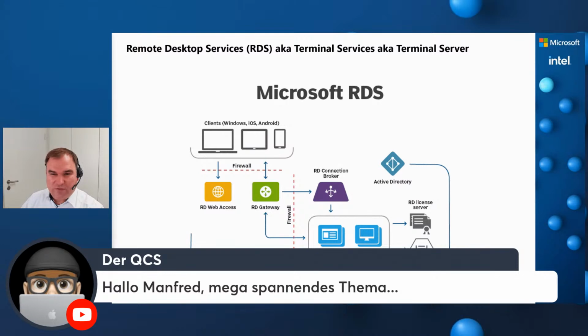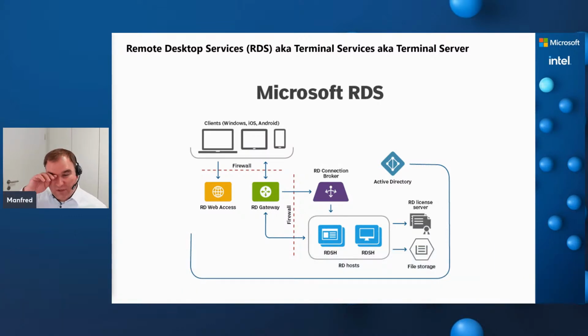So remote desktop services, maybe you know them as terminal services or terminal server. This was the previous naming used since Windows Server, I think 2012. It's remote desktop services. So we have the remote desktop services protocol, RDP protocol. We have the remote desktop services themselves, and we have the RDS licensing. This is also important. We will also talk a little bit about the licensing around remote desktop services.